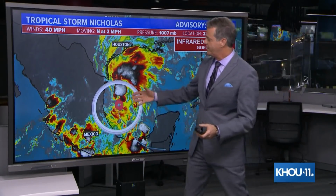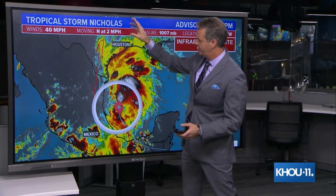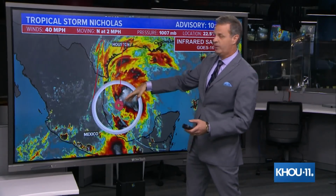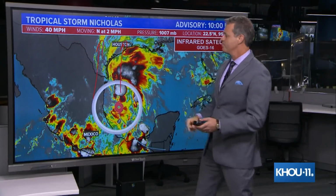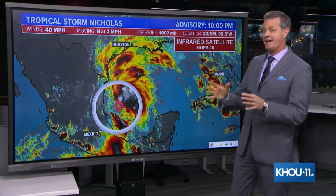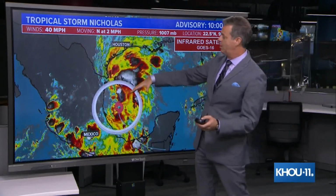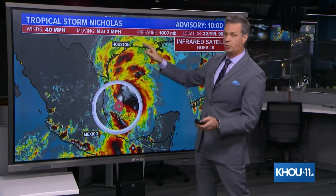In addition to that, we've got wind shear, and you can see, look at the winds blowing the upper level cloud deck off to the north here, just to the west. That's what's helping to blow all the thunderstorm activity to the north. We talked about how this wind shear might keep it from becoming a stronger system, and right now that is exactly what is happening. Now, all that being said, it is blowing a tremendous amount of tropical moisture toward the